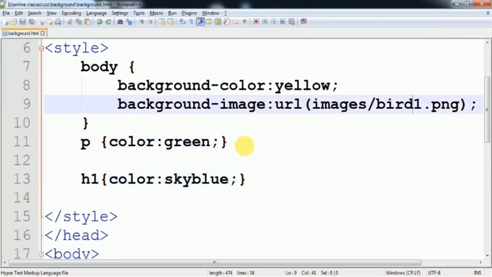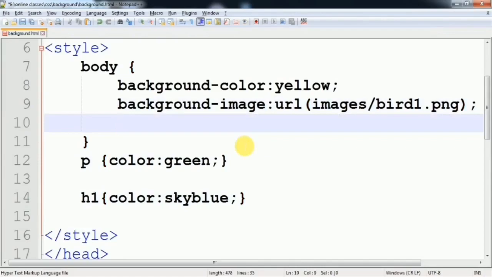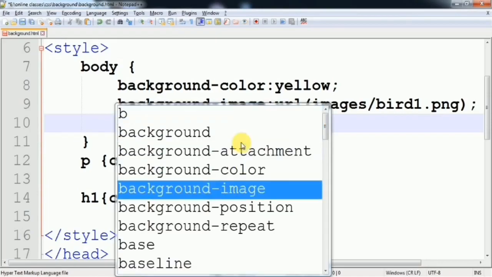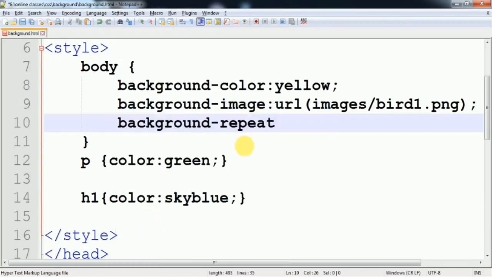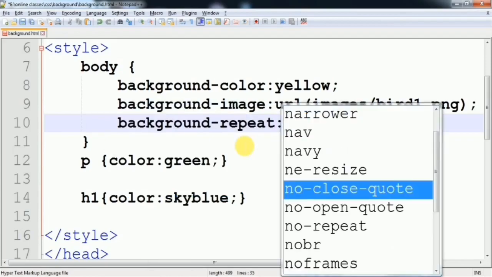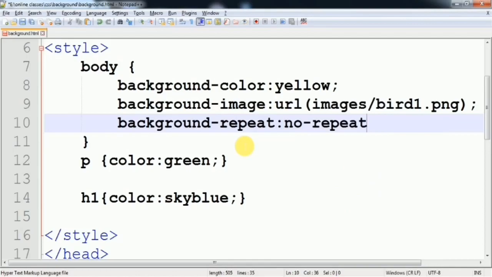Okay, now start. First we control the repetition of the image. As I explained, by default it repeats itself horizontally as well as vertically, but now with the property background repeat we control this repetition. So for that purpose we use background repeat, and using a colon I'll provide the value no-repeat.